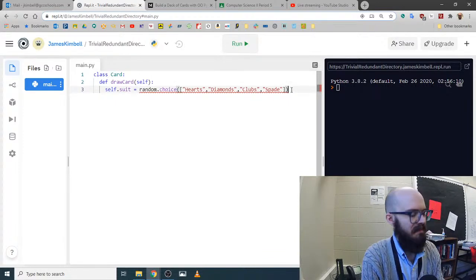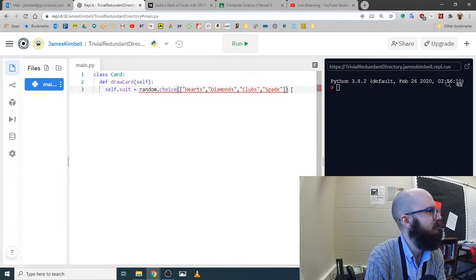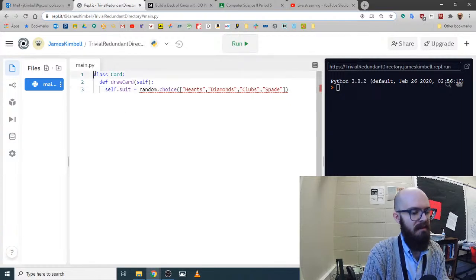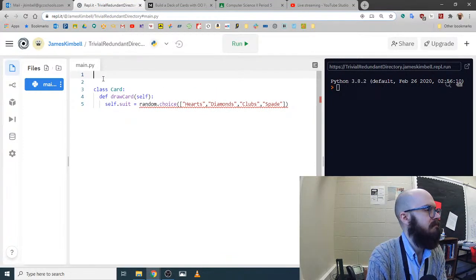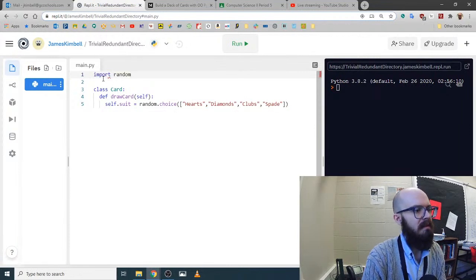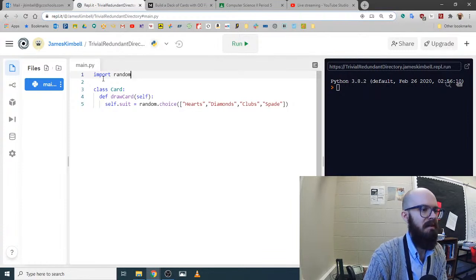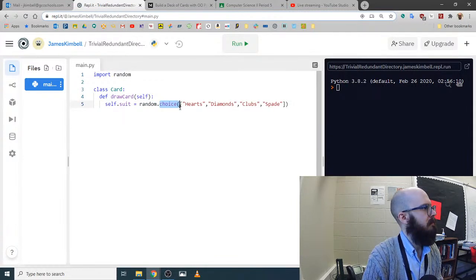What do I miss? What do I need in order to invoke this random method? Yeah, I don't have random to work with. It's a class, or kind of acts like a class. It's called a module because it's something I import from outside. And I haven't done that, so I got to hit import random at the top. Or it doesn't have to be the top, but there we go. The red line went away because now I have the random module and I can call up the method